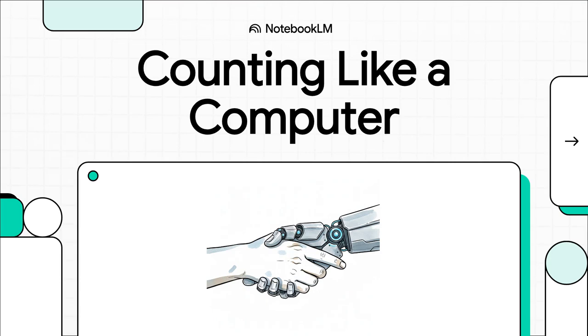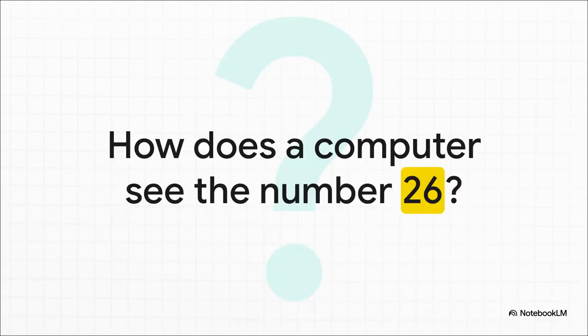Welcome to the Explainer. Today, we are pulling back the curtain and looking at the language computers actually speak. You know, the one that makes everything on your screen possible. So, when a computer sees a number, let's say 26, what does it really see? Well, it's not a 2 and a 6. It's a bunch of ones and zeros. And by the time we're done here, you're going to know exactly what that string looks like, and more importantly,